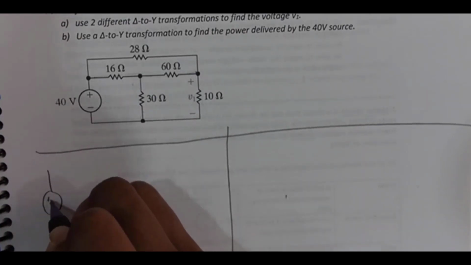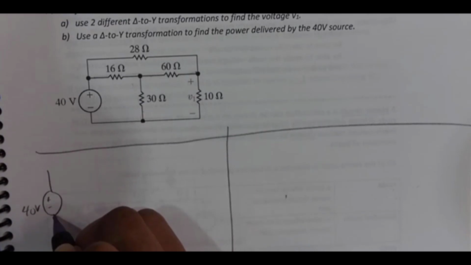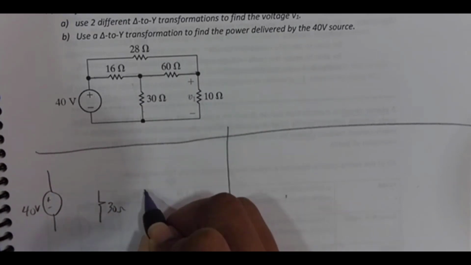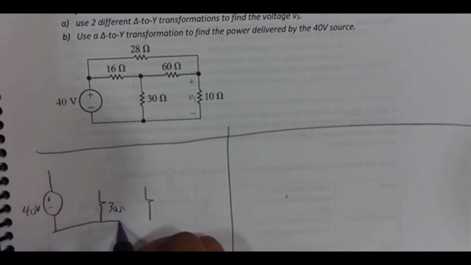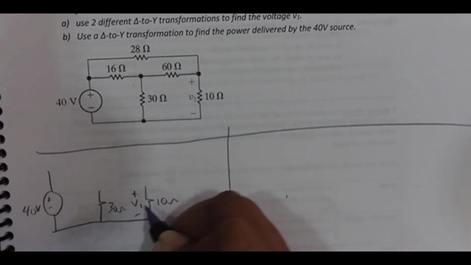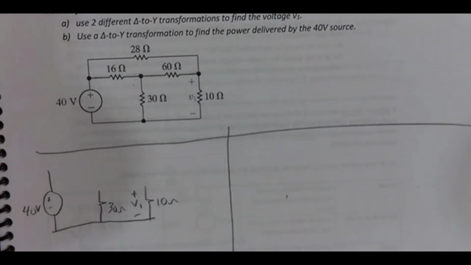So just because I want to show you both ways, over here I'm going to have 40 volts, 30 ohms, and 10 ohms. Then that delta, I am going to change it to